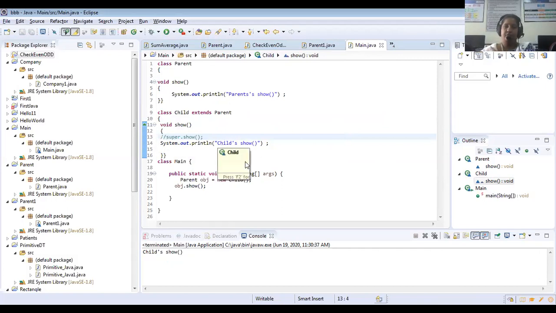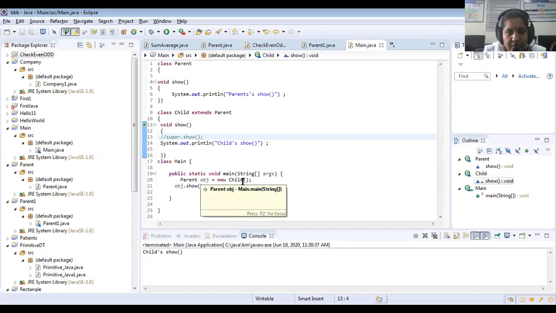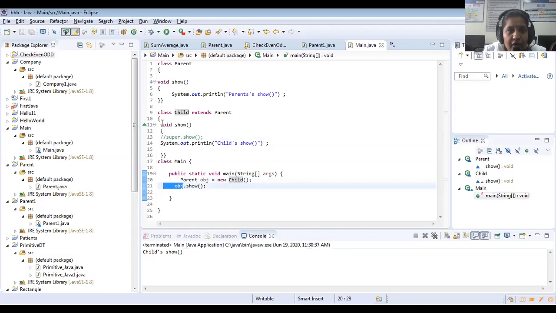Child show only, to show you. Can you understand? Because I have deleted this and given a comment line, that means I have not given super.show(). So even though it is the parent class, if you are creating the object, what is your constructor? We have discussed constructors. So you have given the child constructor, so obj.show() will go to this show method only.